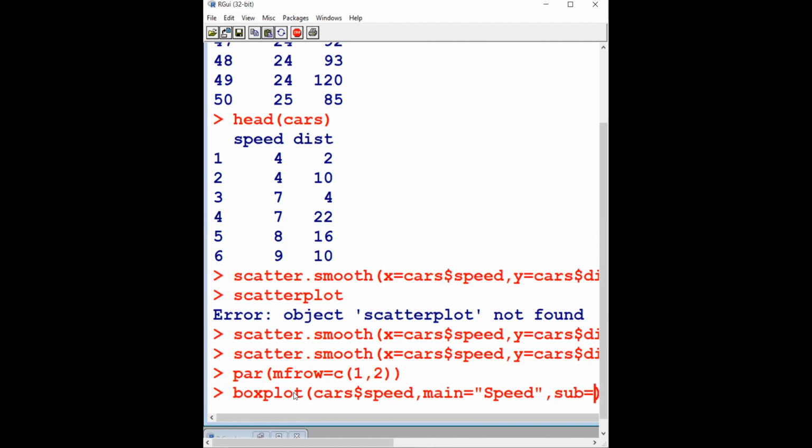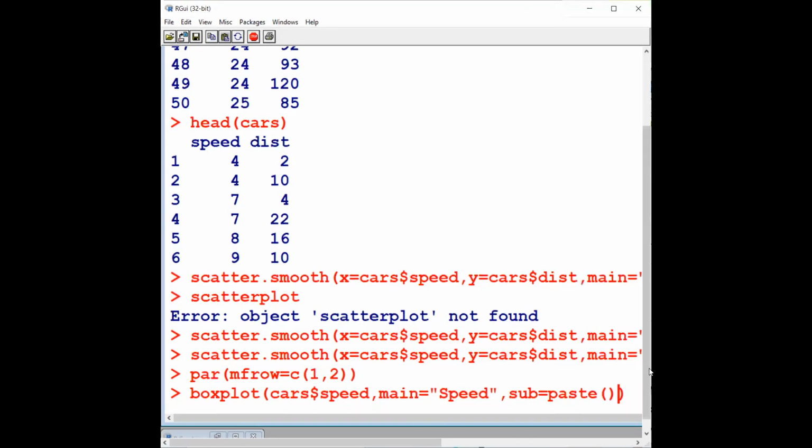In that, you have to use paste, right, sub equal paste, and here